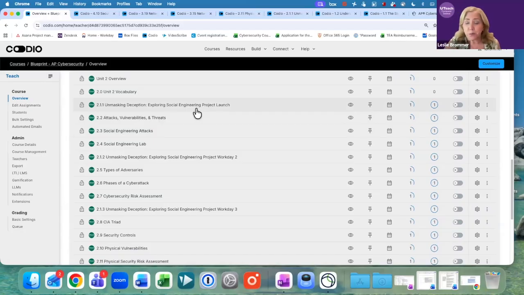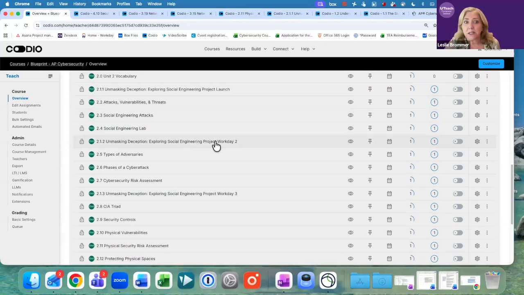And so you introduce the project and you just get their wheels turning, whether it's something creative that they have to create, which all of these things are, and you get them together with their group just so they can start thinking. And then they go through some assignments and then they have another project work day. So this day is dedicated to working on your project, getting those ideas. Now they have some information that they can use. They've learned some things, and so they apply that during that work day. I have forms that they fill out, questions, they write written responses. Everything is provided. A rubric is provided.